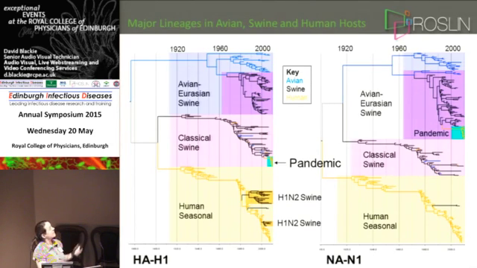So the avian blue lineage, the pink classical swine lineage, and the yellow human seasonal lineage. In fact, what you see here is two trees, a tree from hemagglutinin and a tree from neuraminidase. And you'll notice that although the clades are represented in both trees of both genes, there are in fact some